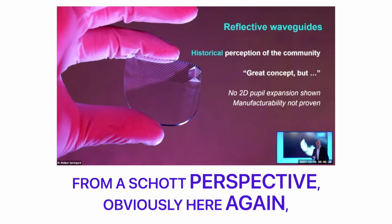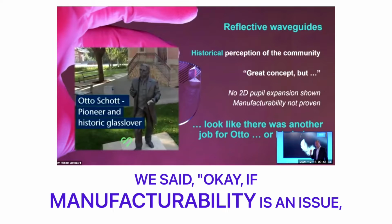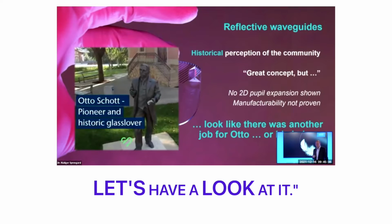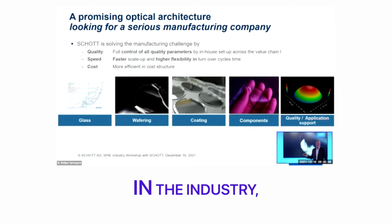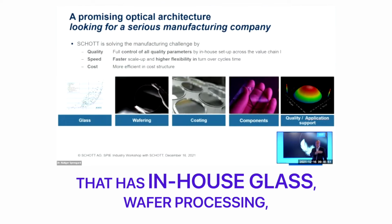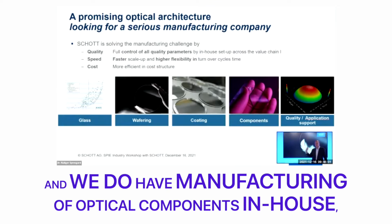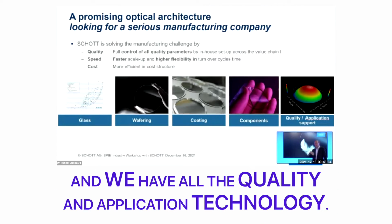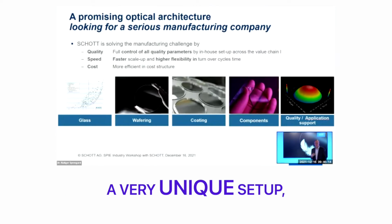So what to do? From a SCHOTT perspective, coming again to the pioneering spirit of our founder, we said, okay, if manufacturability is an issue, let's have a look at it. Now SCHOTT has a very unique setup in the industry, because we may be the only company that has in-house glass, wafer processing, optical coatings in very demanding aspects, and we do have manufacturing of optical components in-house, and we have all the quality and application technology. So this is probably in the entire industry landscape a very unique setup, which said, okay,